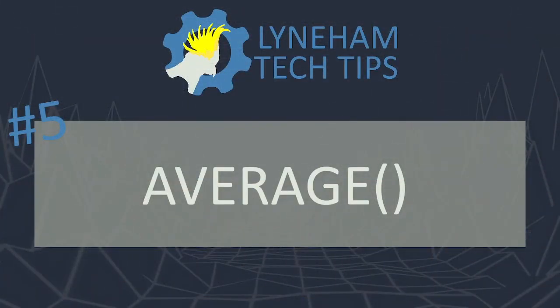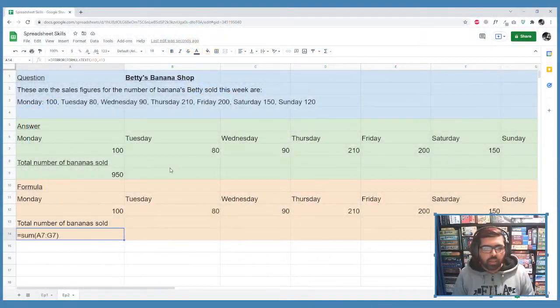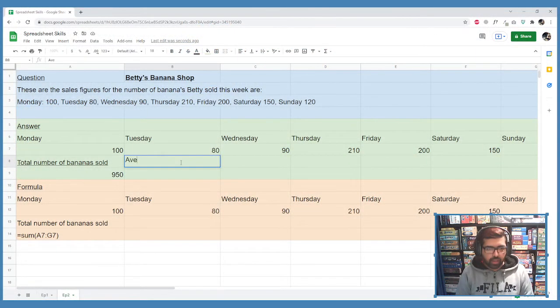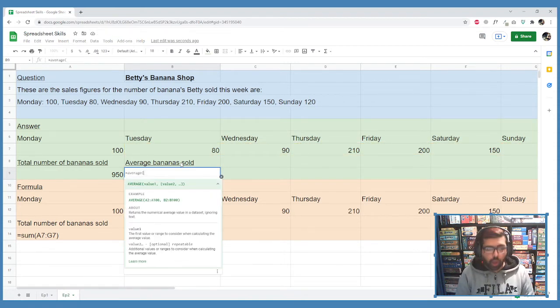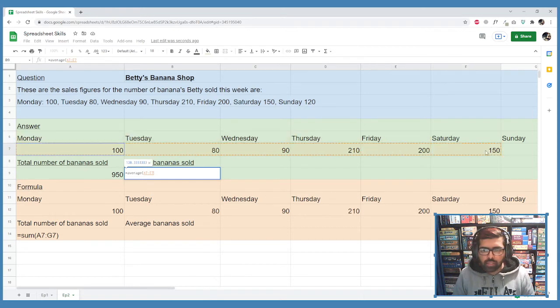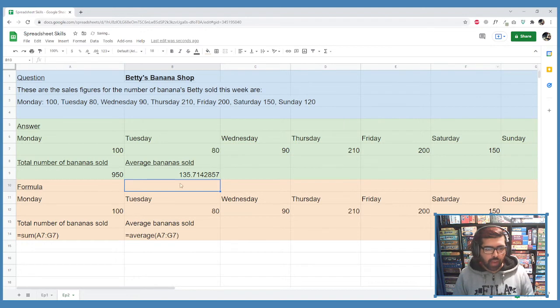The next formula we're going to look at is average. So what's the average number of bananas sold on a day? We're going to type in average bananas sold. Control U to make it look like a heading, and then we're going to type in equals because we're starting a formula, and this time we're going to type in average, open bracket, and then again we could have clicked on each of them, but this time we're going to use the range by dragging and closing the bracket, and there we go. Average number of bananas sold: